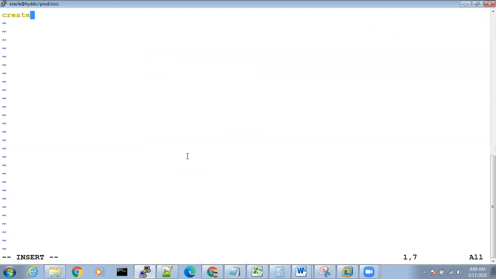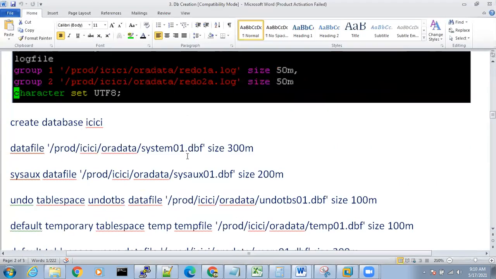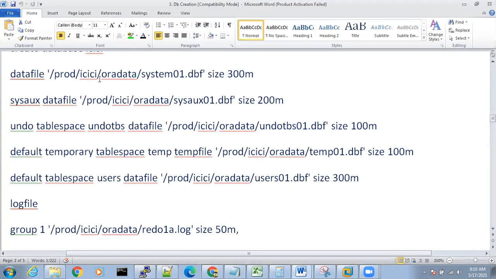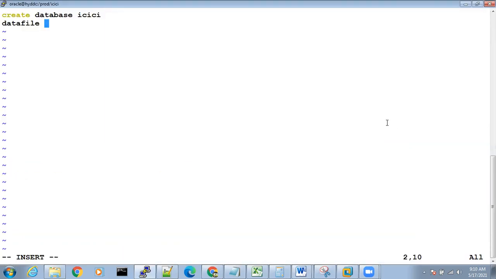How do you do that? CREATE DATABASE ICICI. Okay, DATAFILE, and you have to start writing all this. This is documented, you don't worry, you can check and write accordingly. DATAFILE '/prod/ICICI/Ora data/system01.dbf'.